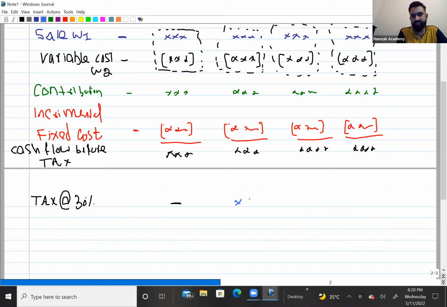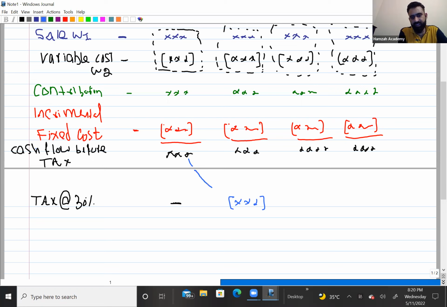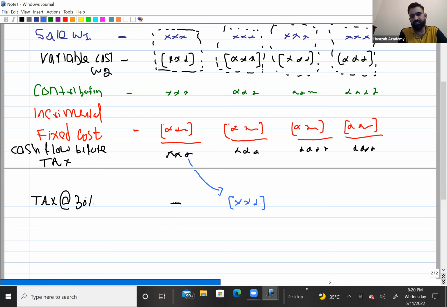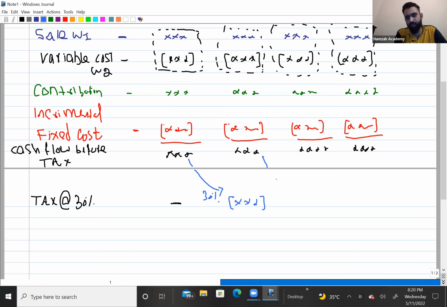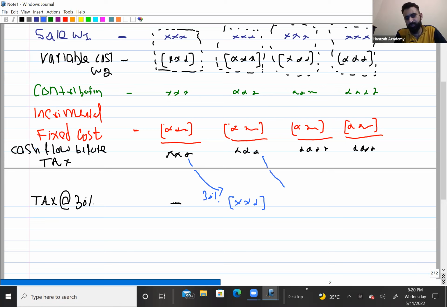The first tax will be paid in year 2. This tax is basically the tax on year 1 profit, and it will be paid in year 2. And the tax on year 2 profits will be paid in year 3. And the tax on year 3 profit will be paid